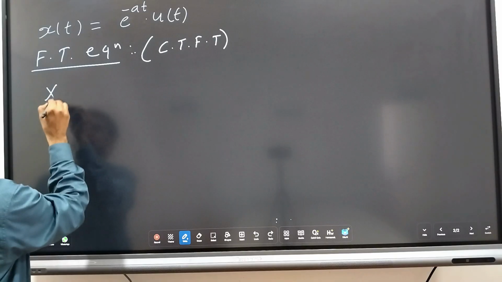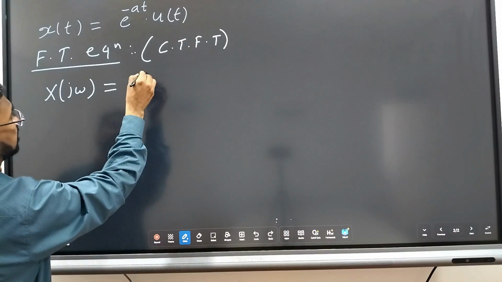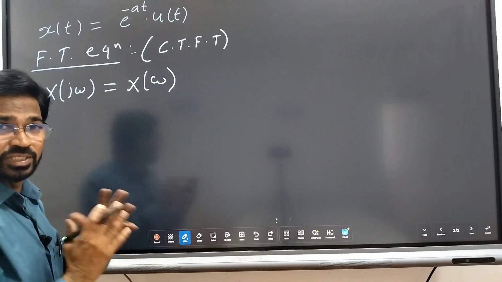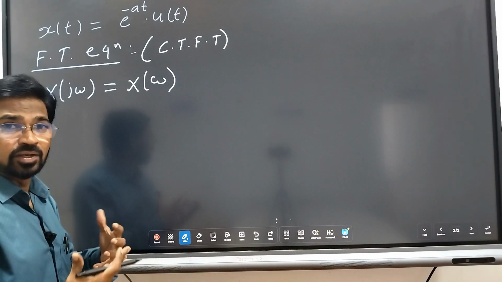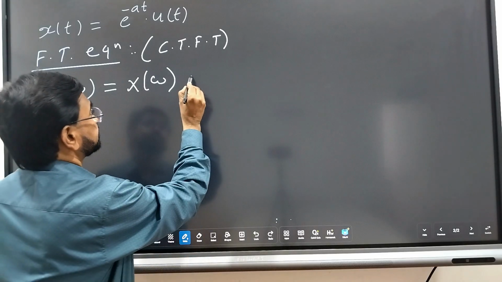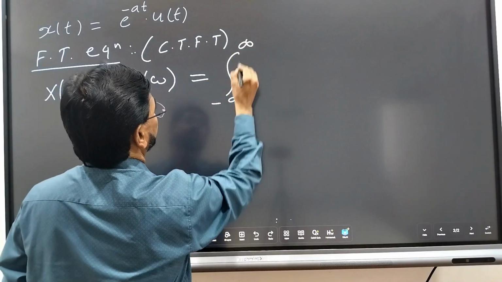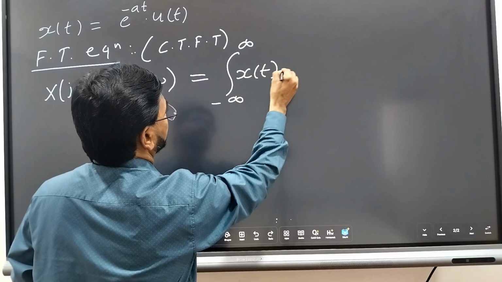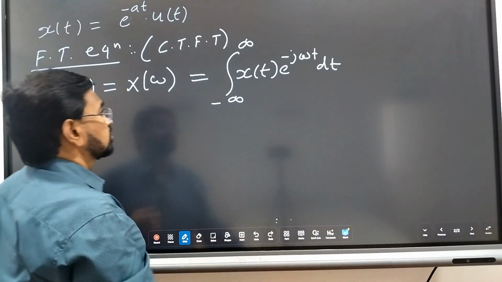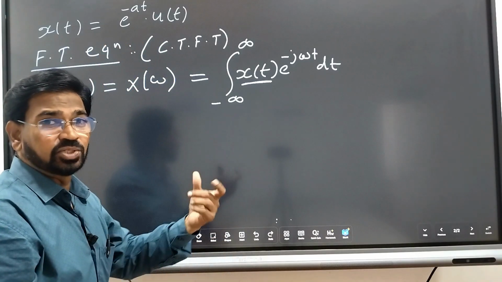So x of j omega or x of omega. ये जो notation है x of j omega, it tells that it is a complex valued function. Okay, for simplicity we are using x of omega. So it is integration from minus infinity to plus infinity x of t e raised to minus j omega t dt. Okay, so substitute x of t के प्लेस में हमें e raised to minus a t u of t